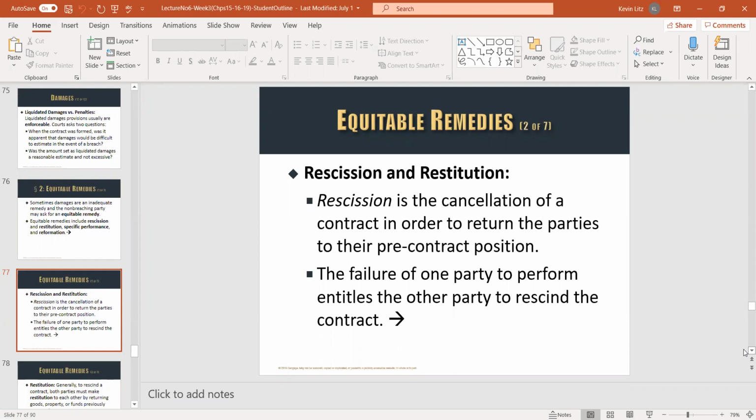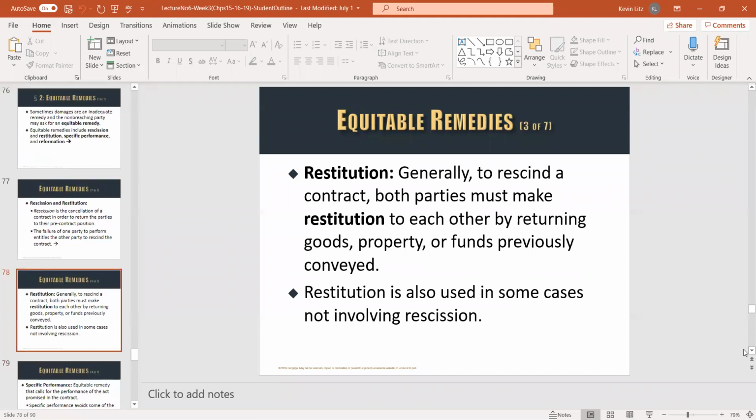So the judge is able to do that. Let's say, for example, I entered a contract that you'd provide me these parts for the next 5 years. The first 3 months, you don't provide me any parts. I could go to the judge and say, yes, I agreed to buy for the next 5 years, but they didn't deliver them on time. Please set the contract aside, and the judge may well set aside the contract, a rescission. Restitution,